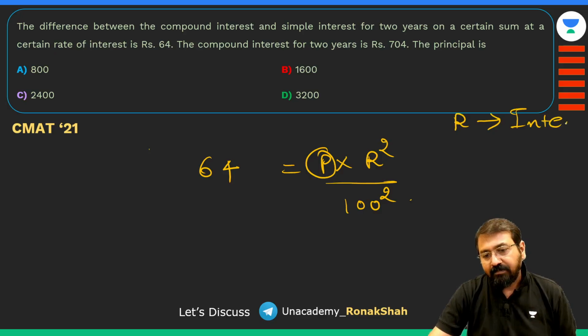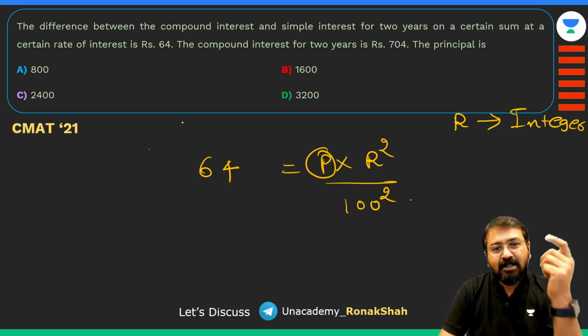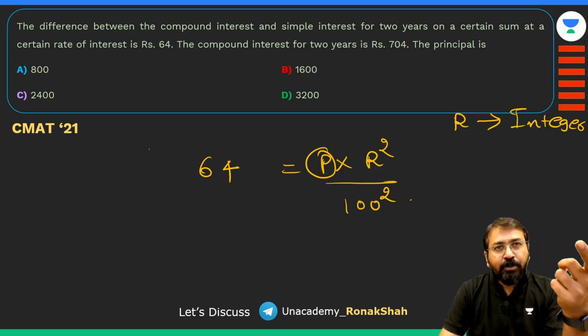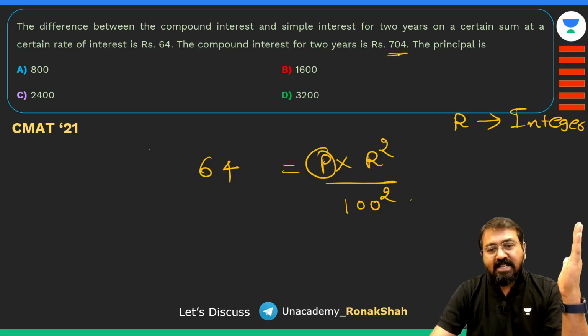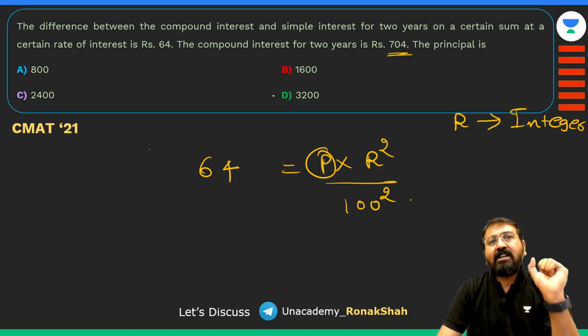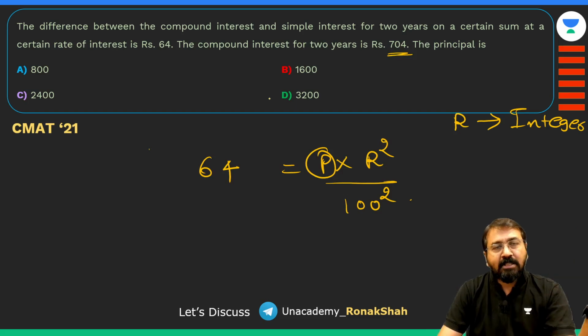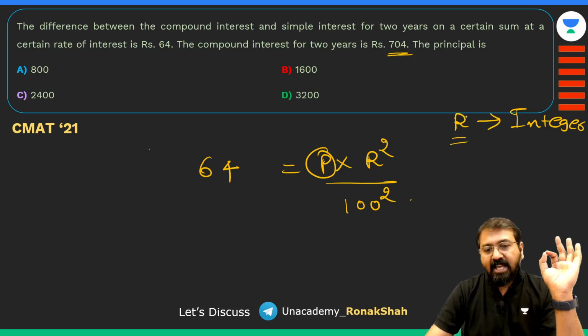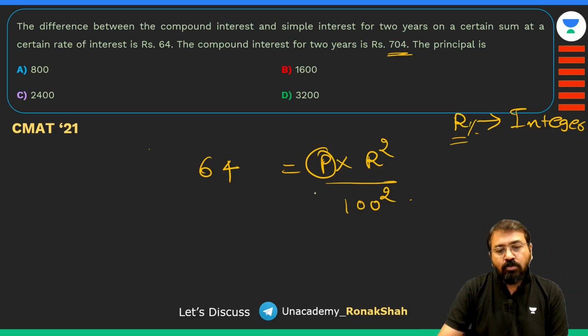यहां पे R का वैल्यू आपका कोई इंटीजर ही आना चाहिए, इंटीजर ही आना चाहिए, क्योंकि अगर फ्रैक्शन में आएगा, सपोज़ मैंने 7.5% इंटरेस्ट रखा, तो कंपाउंड इंटरेस्ट में अगर आप 7.5% इंटरेस्ट कैलकुलेट करके देखो, कभी भी ऐसा इंटीजर वैल्यू 704 रुपए का इंटरेस्ट नहीं आएगा। वो तभी हो सकता है जब आपका इंटरेस्ट 10%, 20%, 15% ऐसा कुछ है। तो मुझे पता है कि मेरा रेट ऑफ इंटरेस्ट है वो एक इंटीजर होना चाहिए, राइट। उसका मतलब ये हुआ कि मुझे R